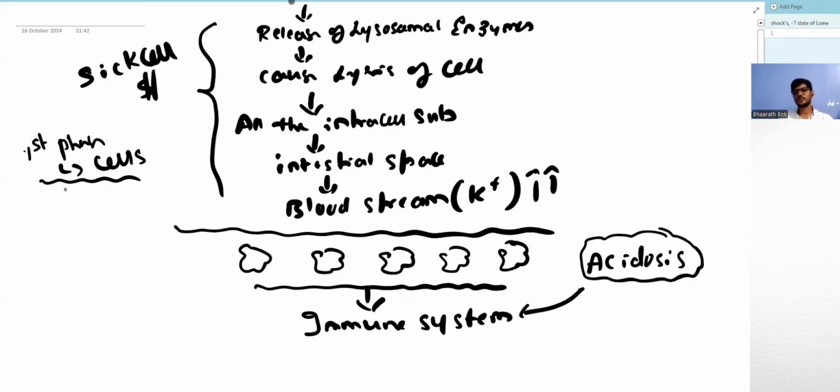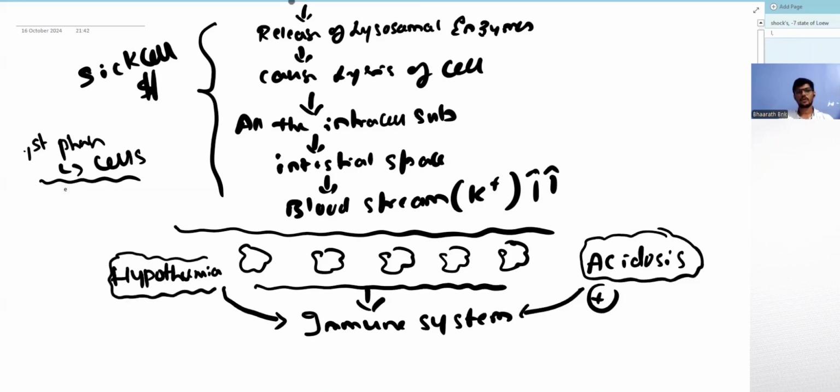Now, this acidosis, one of the things it causes is coagulopathy. The second thing it causes is the activation of the immune system. And one more most important factor that causes the activation of the immune system is hypothermia. Now, to maintain the normal body temperature, the production of heat from the muscle is very important. But whenever there is a shock, there is redistribution of the blood flow. So the blood from the muscle, from the skin, from the splanchnic circulation will be diverted towards the liver, brain,